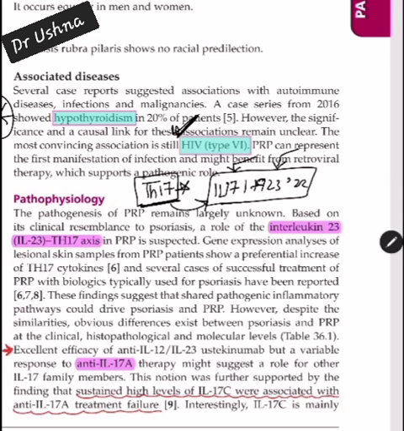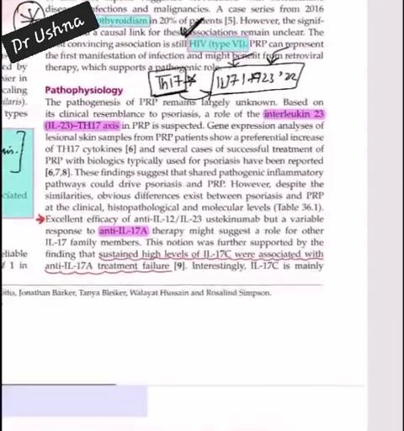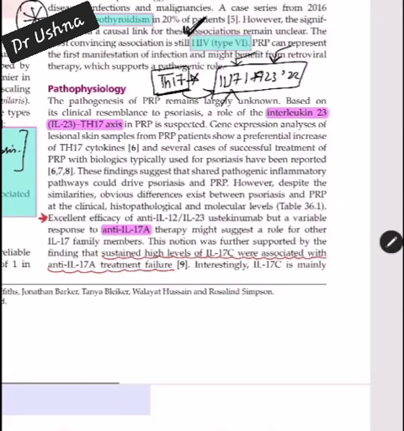There's going to be response from ustekinumab, which is an interleukin 23 inhibitor. But there is a little twist in PRP: interleukin 17 can be divided into interleukin 17A and interleukin 17C. So most of the time, when you give secukinumab to patients of PRP, they do not respond, because secukinumab is your interleukin 17A inhibitor. Most of the time, the patients are dealing with interleukin 17A, and the lesions have interleukin 17C present. So secukinumab is not a preferred biologic or the preferred option in PRP.